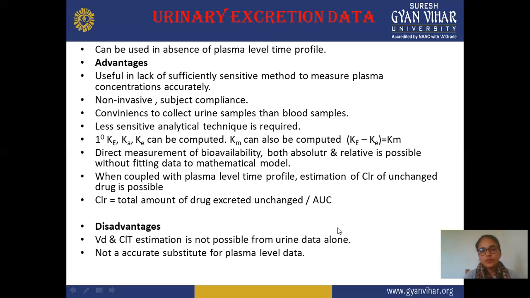Next is clearance is equal to the total amount of drug excreted out unchanged divided by AUC. So this is a formula by which you can calculate how much drug is cleared or how much drug is available in your body with the help of this urinary excretion data. No blood is required or any other sample or mathematical technique. We are just checking urinary excretion data or taking the sample of urine. And in this, the clearance formula is equal to the total amount of drug excreted out unchanged. Means how much drug is excreted out through urine in an unchanged form, and you divide this value by AUC, or area under the curve value.